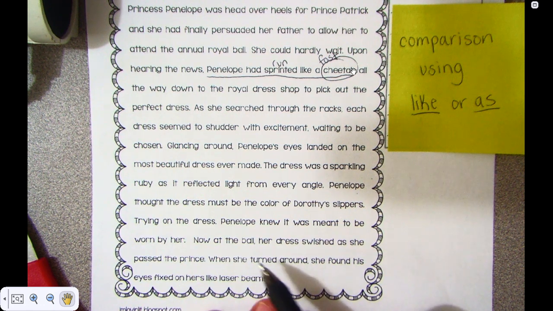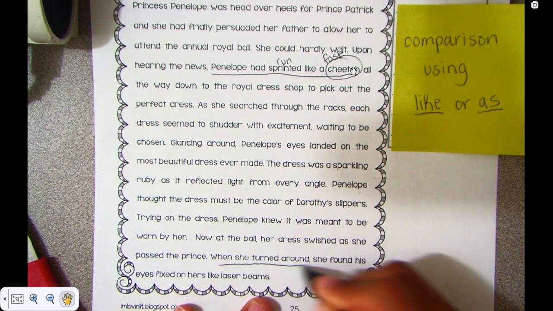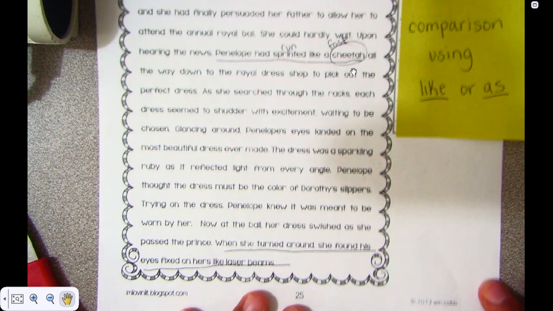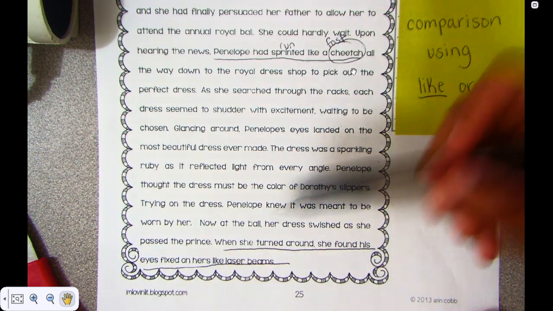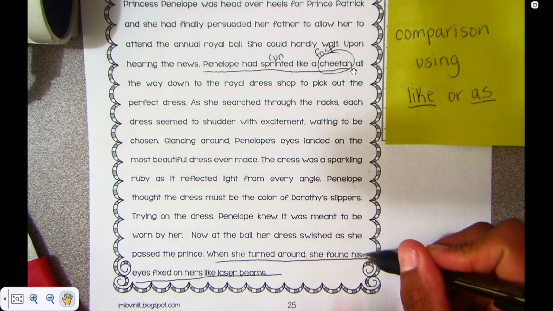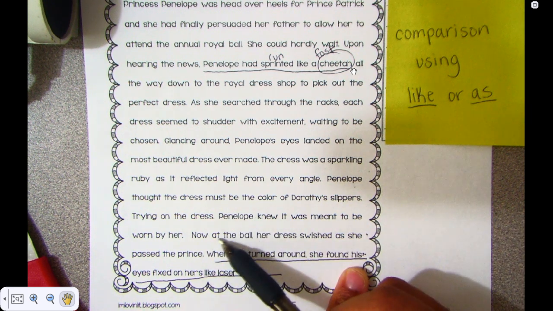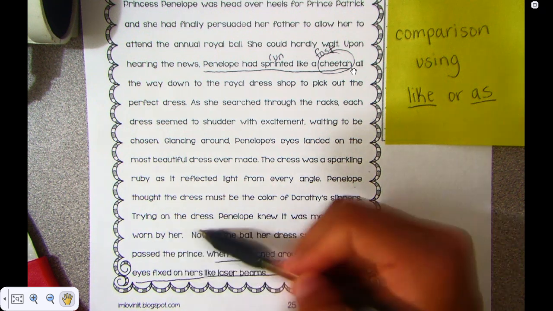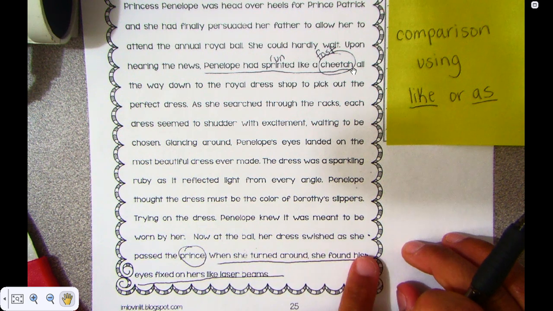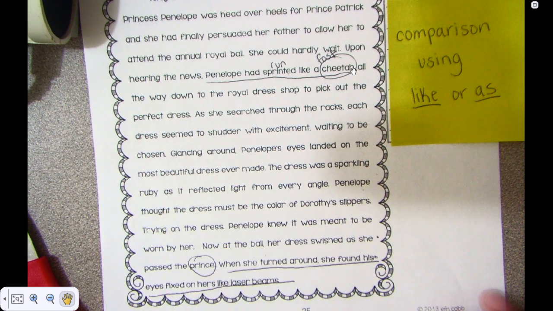I see right down here at the end, and maybe you found it before I did. When she turned around, she found his eyes fixed on her like laser beams. So let's see. The she they're talking about is our princess. So we know they're talking about Penelope. She found his eyes. And if I go back one sentence, it says, now at the ball, her dress swished as she passed the prince. So this his, she turns around and she must find the prince has his eyes fixed on her like laser